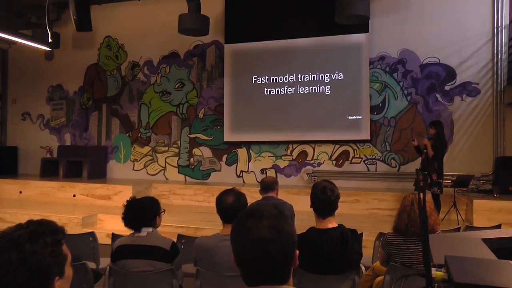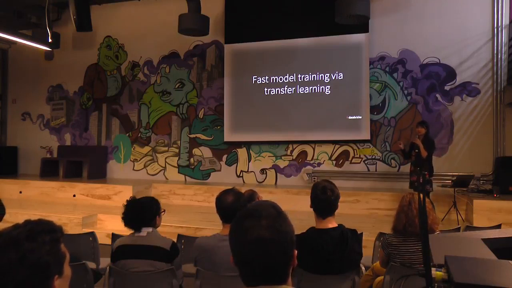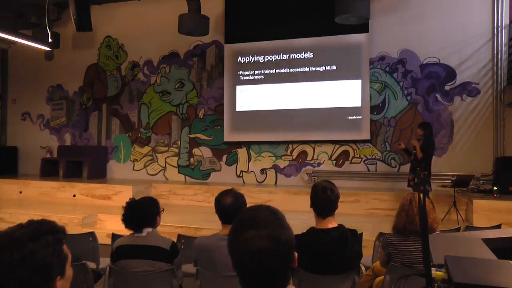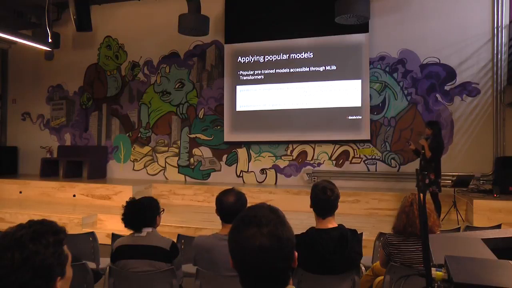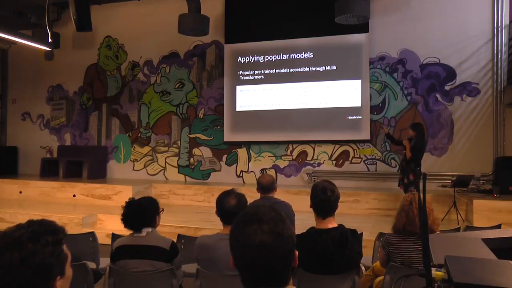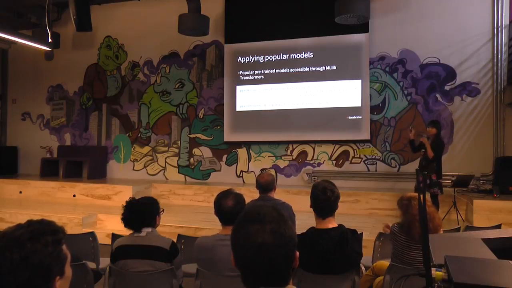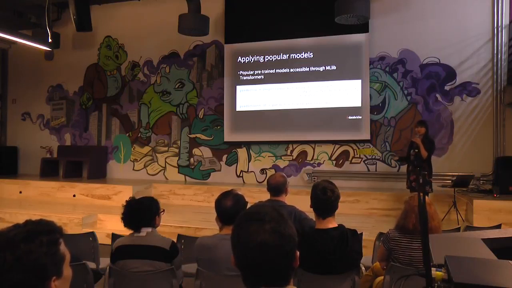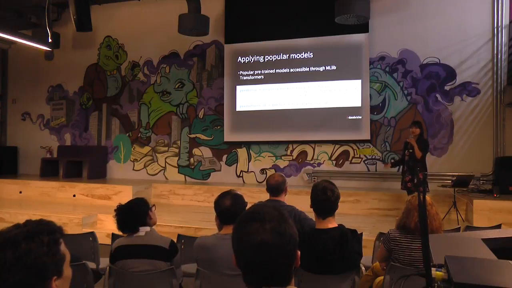So transfer learning. Transfer learning is kind of like using a pre-trained model, and that's the easiest and fastest way to get started with Spark deep learning pipelines. So here we see a simple example. We import the package, and we are using the deep image predictor. And we are using the Inception v3 model, which is a pretty popular model trained by Google. They've trained this model on huge amounts of images, and it's really good for identifying objects in images.